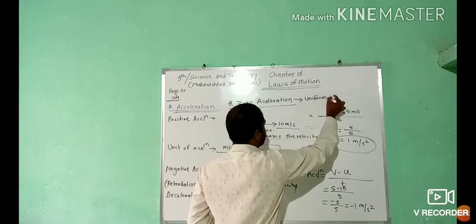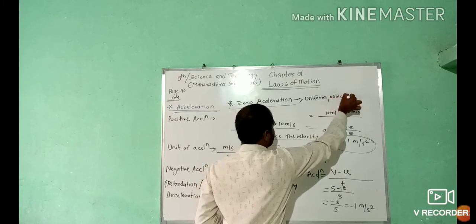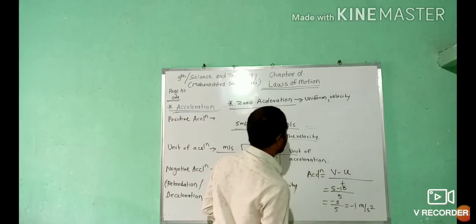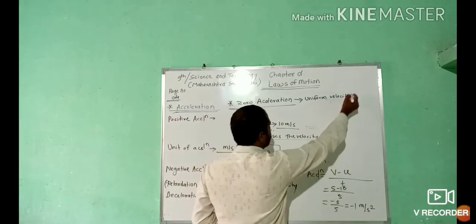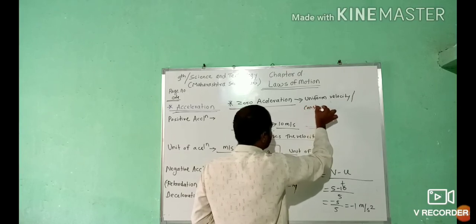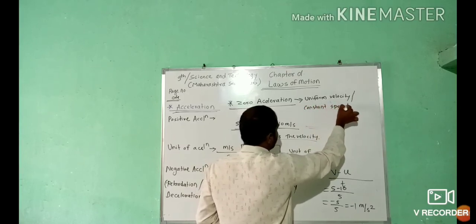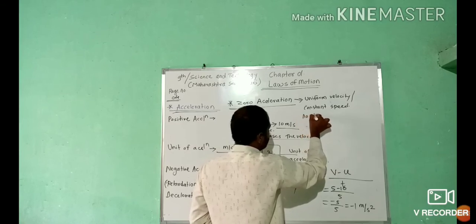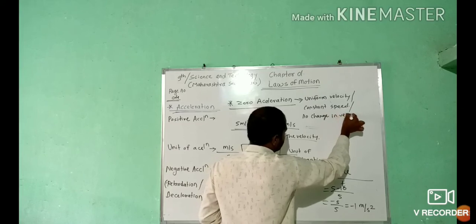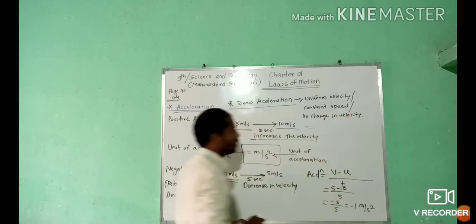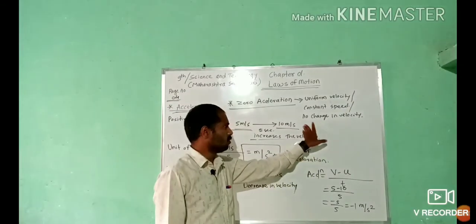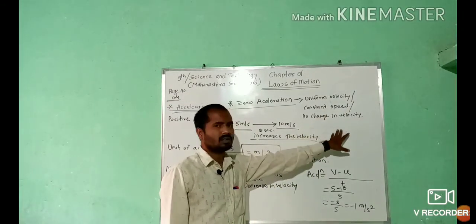Uniform velocity, or constant speed, no change in velocity. If the object is moving at a constant speed, if the object does not have any change in velocity,